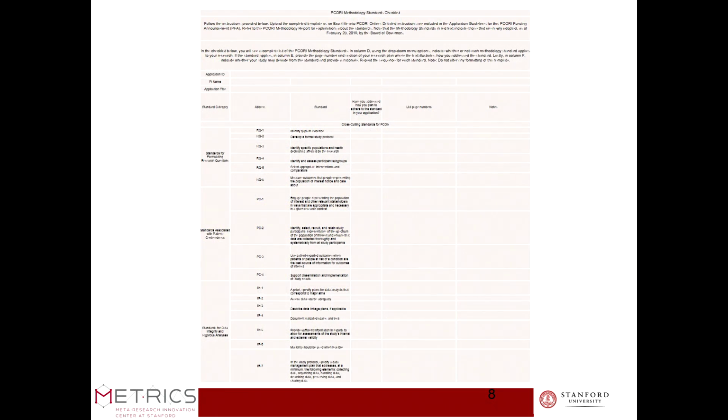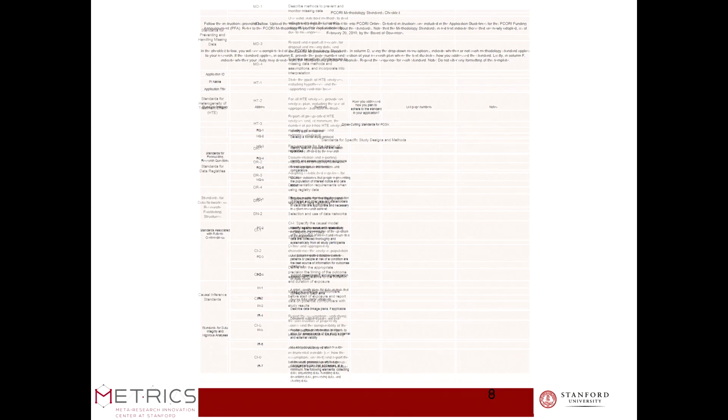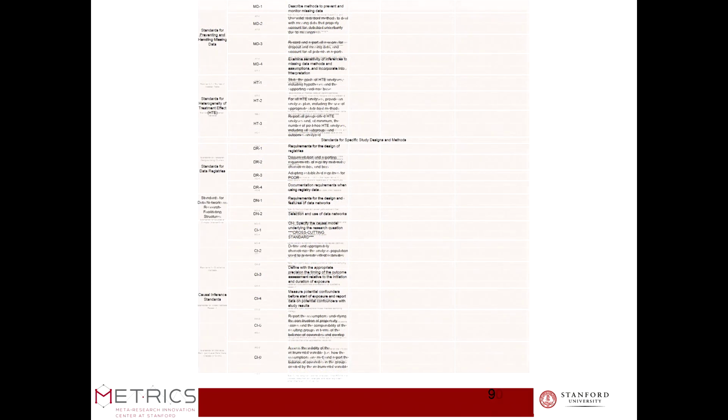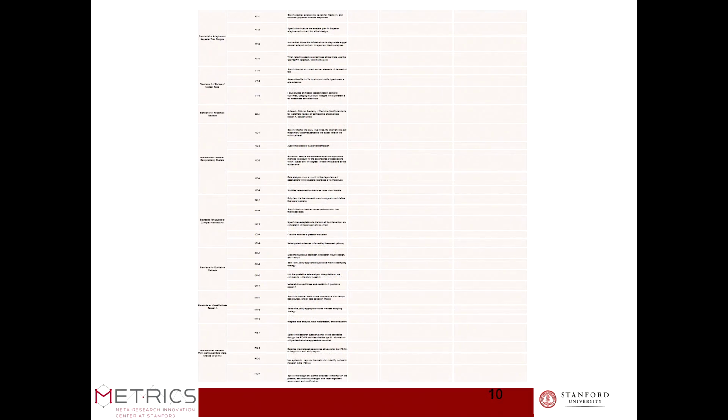So this is in the spirit of what Shai Silverberg showed us yesterday with the consort guidelines. This is the spreadsheet that the staff has to use for the input of applications. This is only the first page of 3. If you can't see it, that's the whole point. Let's just keep going. Here you go. You need reading glasses and a lot of Tylenol, I think, to measure up an application against